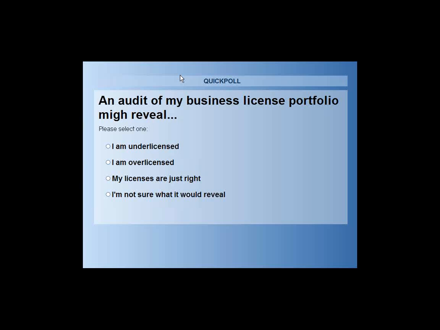And your choices are, I think I might be under-licensed, I am probably over-licensed, my licenses appear to be just right, or I'm really not sure what it would reveal. And then, Lorraine, you can take a sense of what the audience has here and maybe formulate your discussion around what the poll tells us. So we'll wait just another moment here to gather the results.